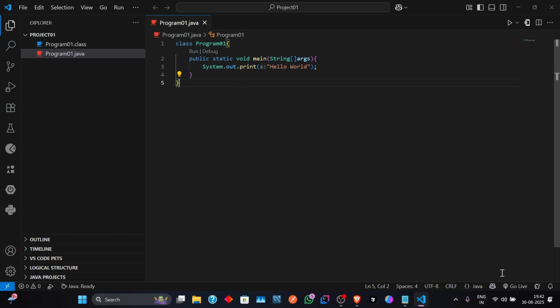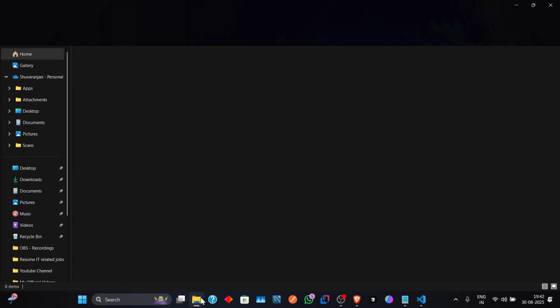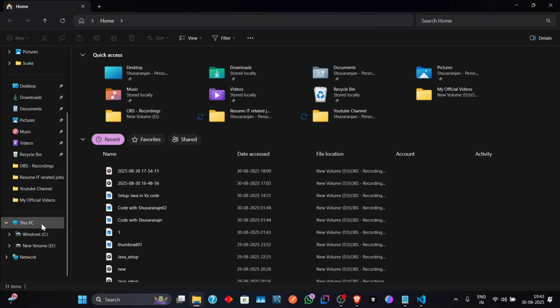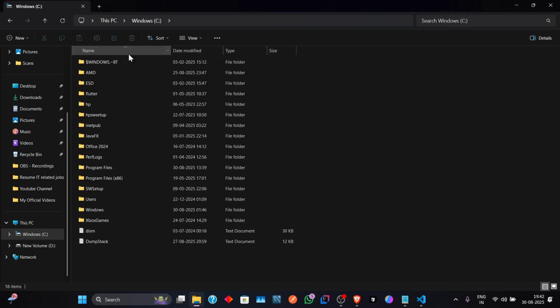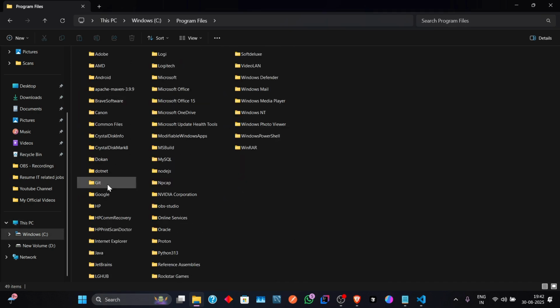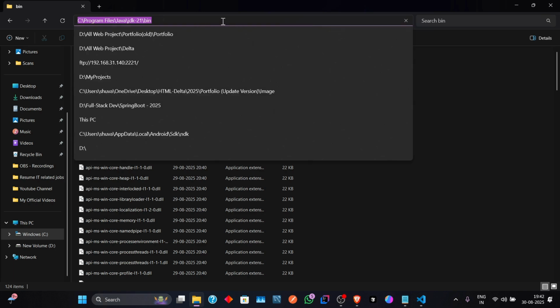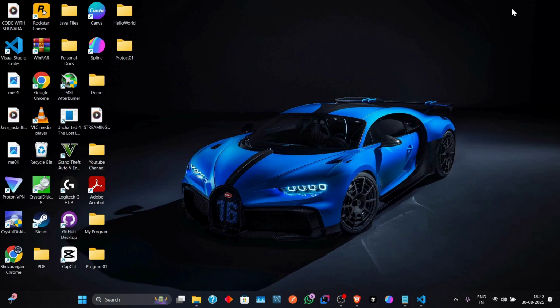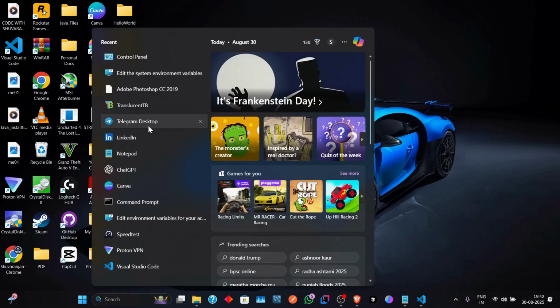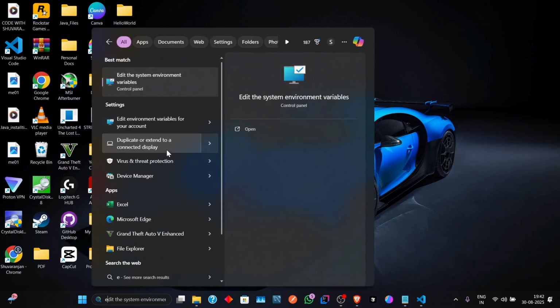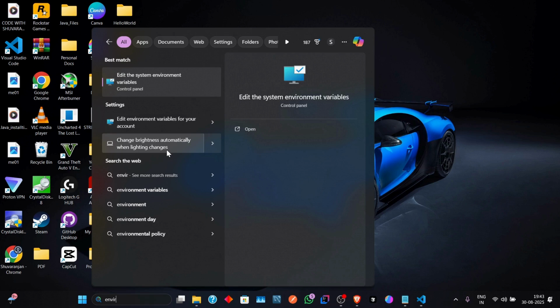So how to set it up? Go to File Explorer, go to This PC, C drive, Program Files, Java folder, under it the JDK 21 folder, bin folder. Then click this path and copy it. Then go to search and search for environment variables, and you can see the option Edit the system environment variables. Click this